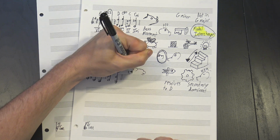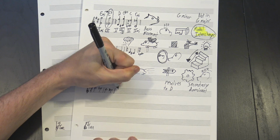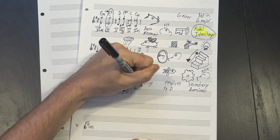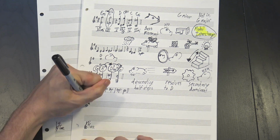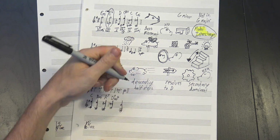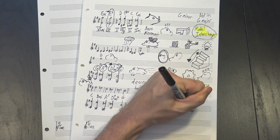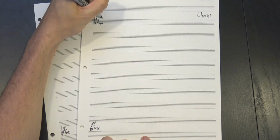Also, starting at the C major and continuing onward, the top note line plays this, which mirrors the bass's descending half-step motion from earlier. Then there's this turnaround, which is almost exactly like the bit we just looked at and works the same way. And finally we have the chorus,